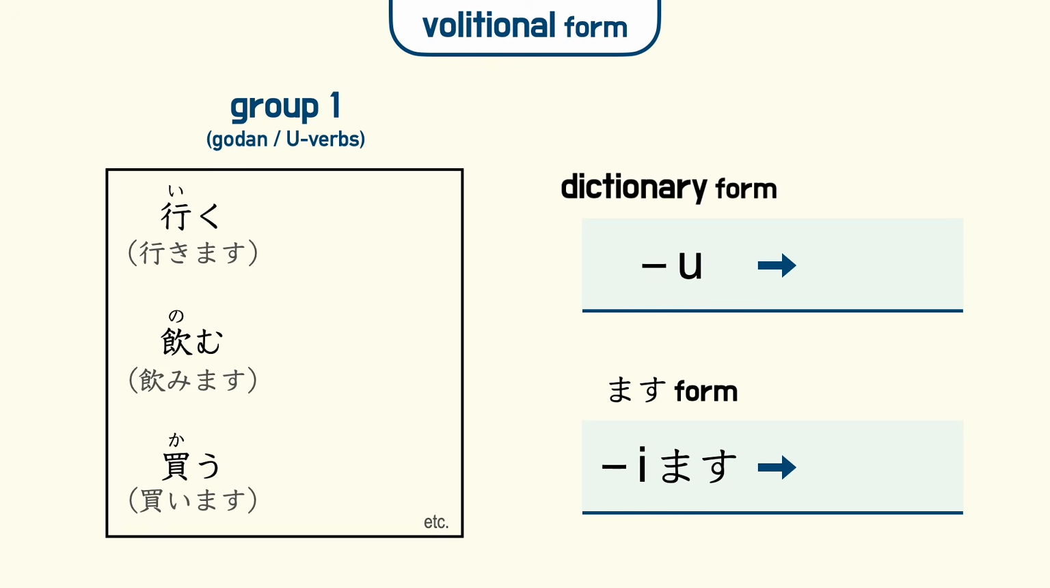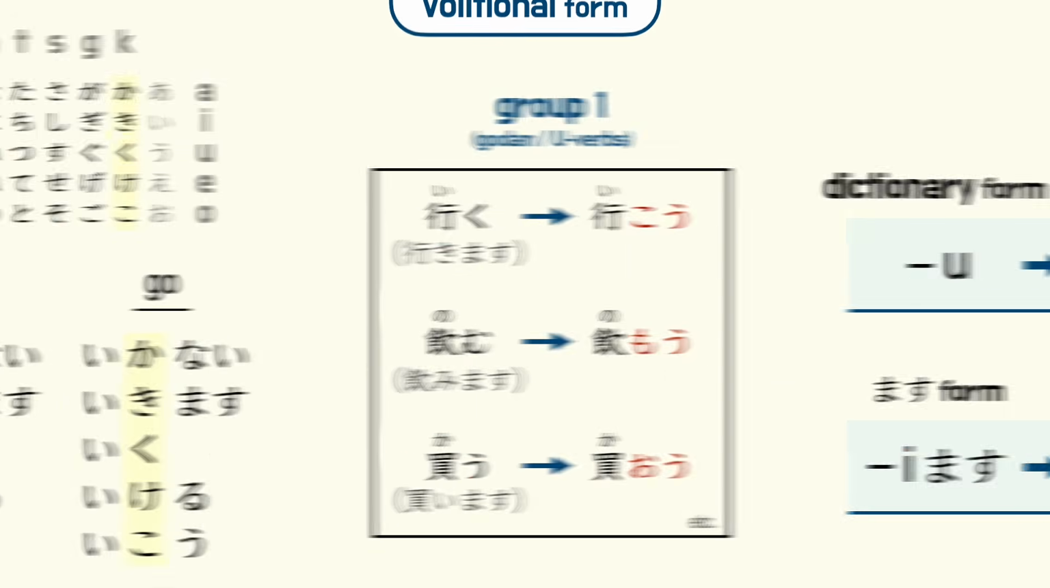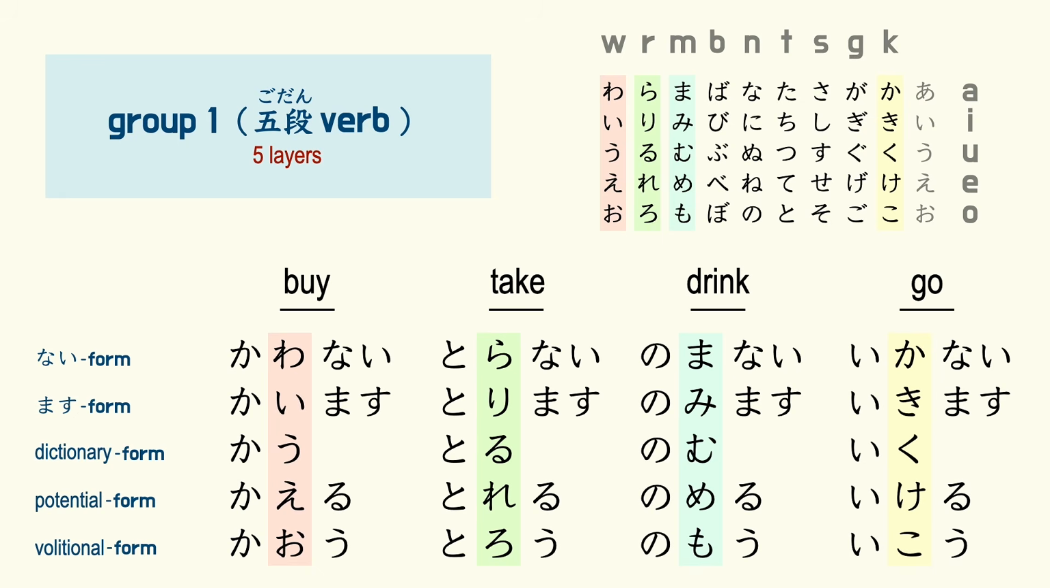And lastly, group 1 verbs. If it's the dictionary form, just change the う vowel sound to the お vowel sound plus う. If it's the ます form, change the い vowel sound plus ます to the お vowel sound plus う. 行く、行きます。行こう、飲む、飲みます。飲もう、買う、買います。買おう。